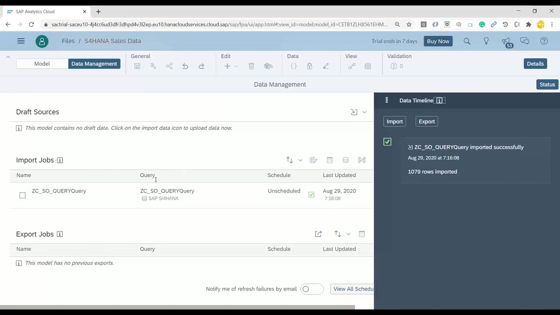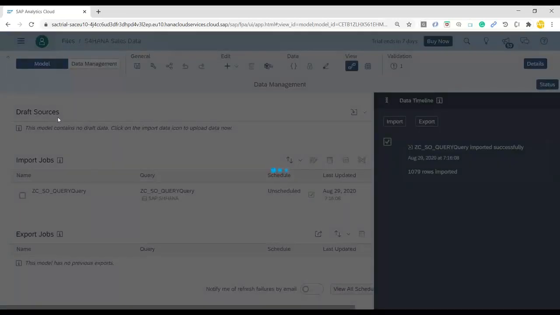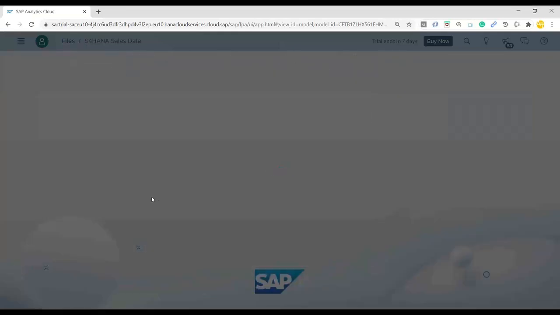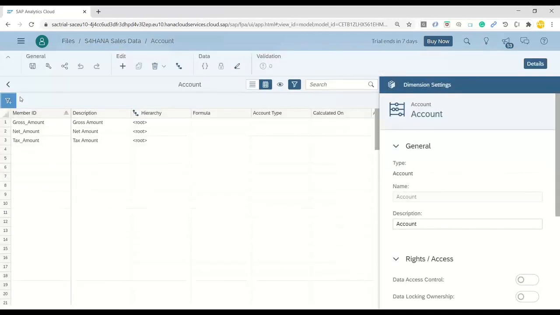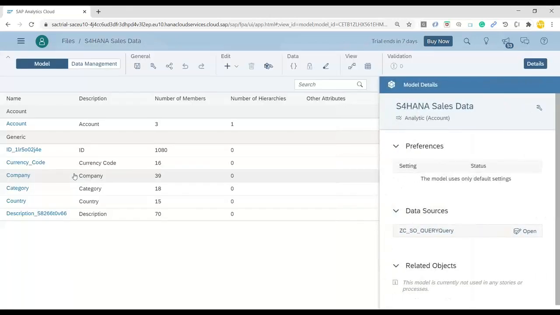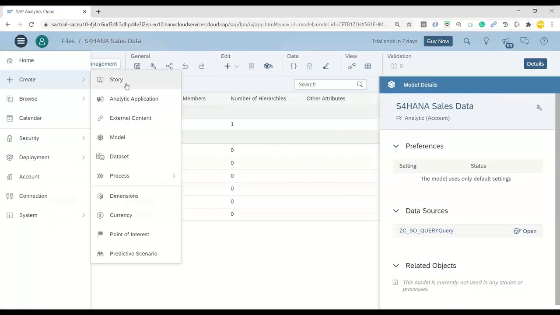And what we can do is we can go back to the model. So you can also schedule an update here for that continuously. And you can see this is our model. 3 of the account dimensions are created: tax amount, net amount, and gross amount, as we discussed. You can apply formulas here if you want to. All these calculations can be done now over here. So it's time for us to create a story out of it. So let's create a story,